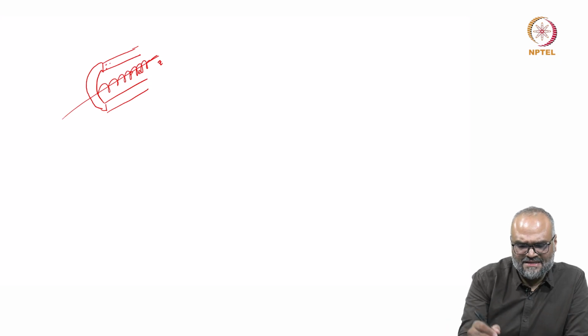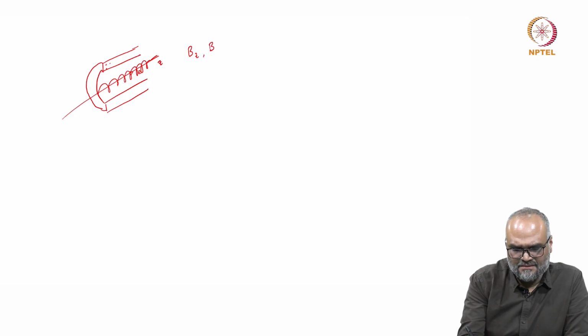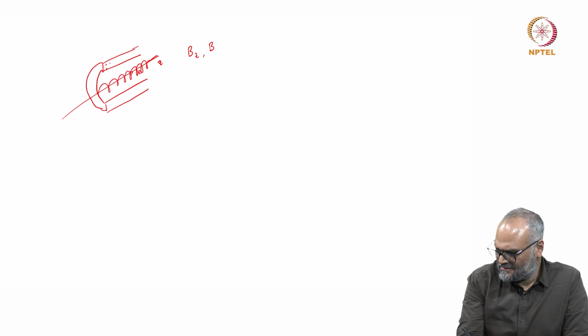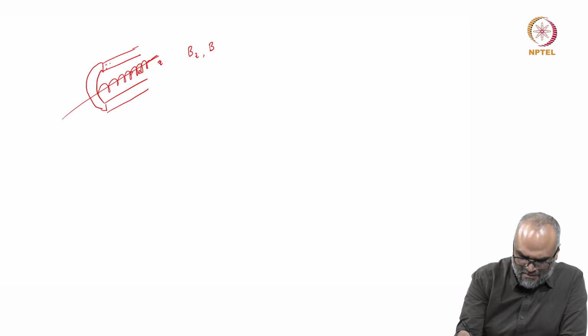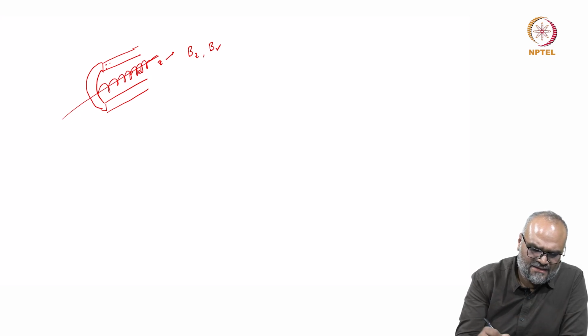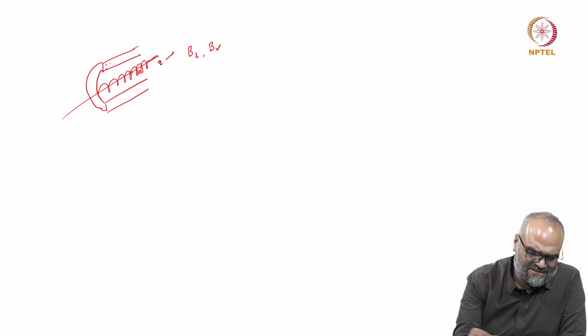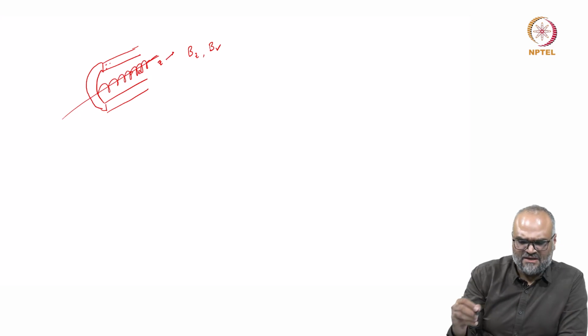So if I say the fields here are like this, the magnetic field along the optic axis and along the radial direction,